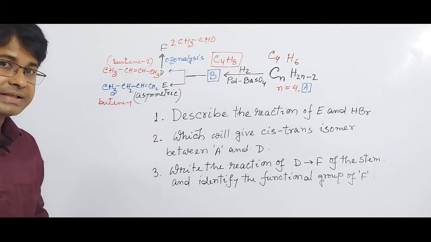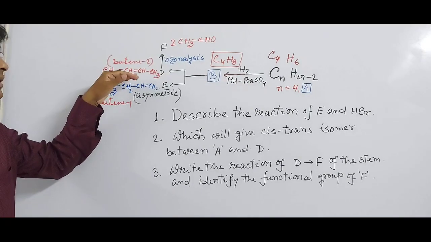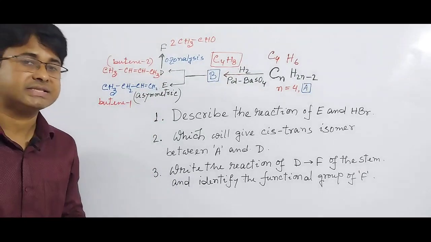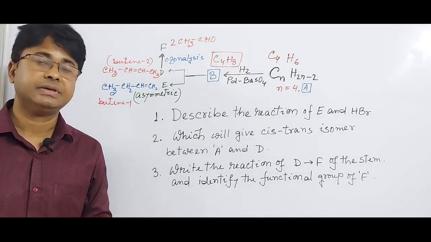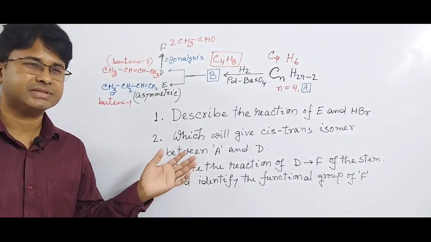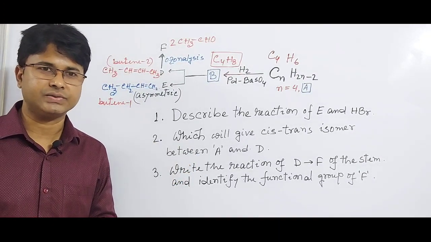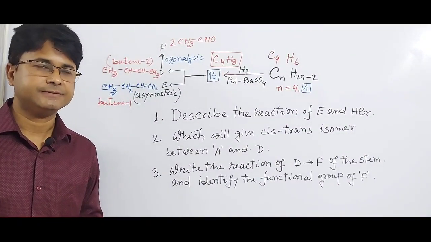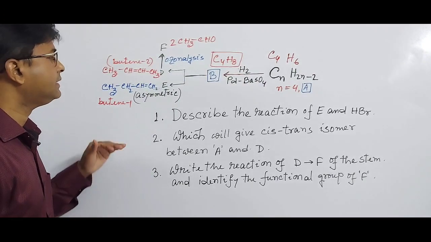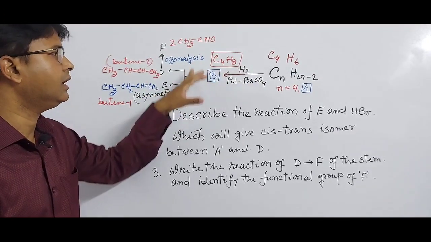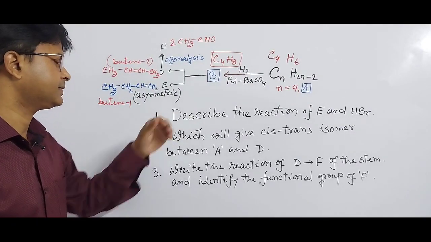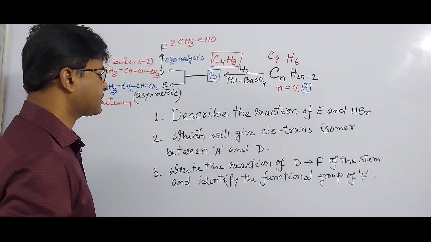It is stated that if there is no branch in the alkene, then in the ozonolysis reaction it will give the aldehyde. You have to memorize it, though it is our revision class. I would not like to describe it in detail. So my dear students, I think you understood the whole stem of this creative question. Now come to the question.